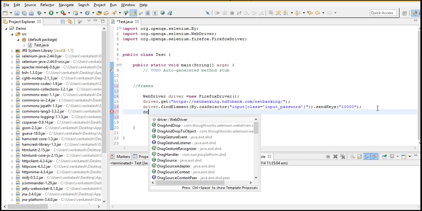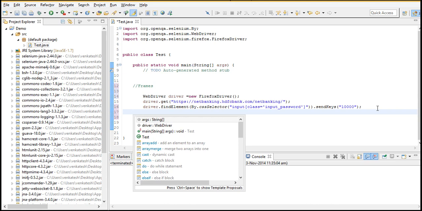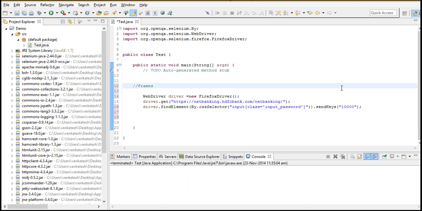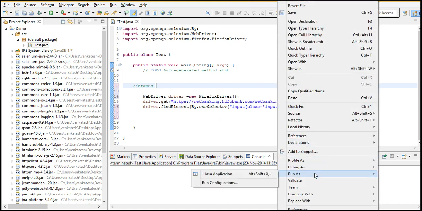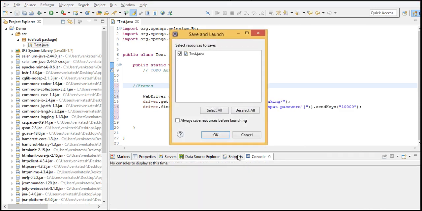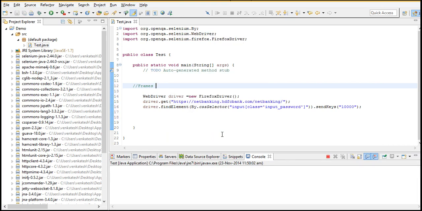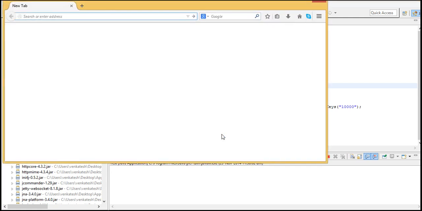Okay, let me just do a basic script. So this is the very basic script which we can do easily. Let's run and see what's happening now. So in general this should work fine. So assume that you are not aware of frames on the site which you are developing and you have just written 3 steps saying to enter something in send keys and you are making sure it's working fine.